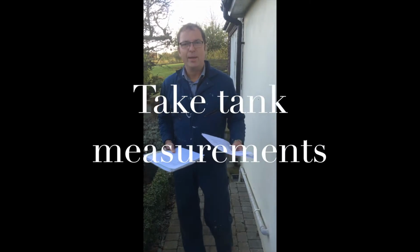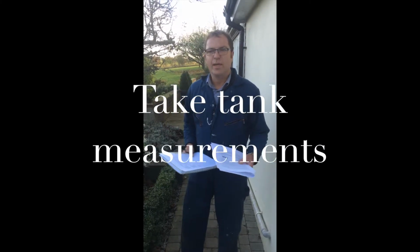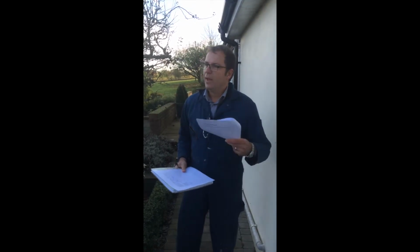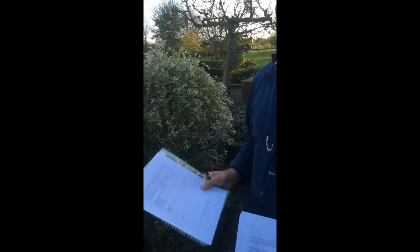We need to know how big the tank is, how many litres it contains. In this example, in the Titan tank here, it's a 2,500 litre tank. The next thing is to take the height of the tank, and the final thing is to do the depth of the oil. Just check physically, do a dip on the oil and see what the height is